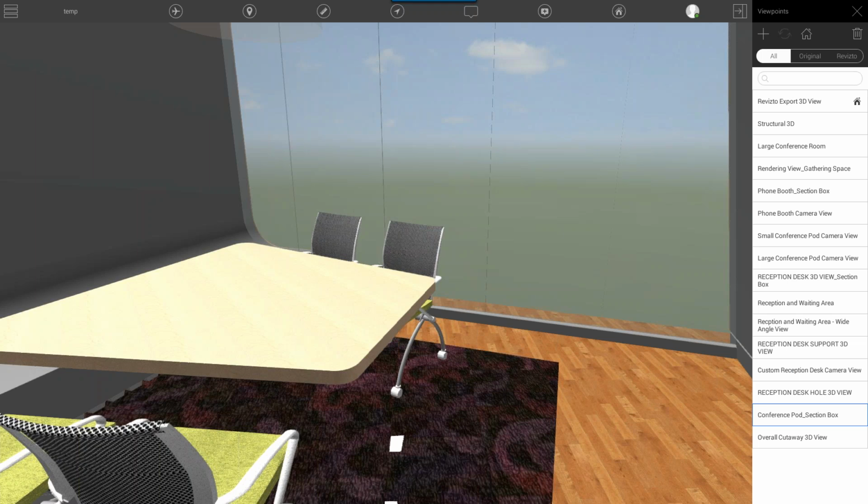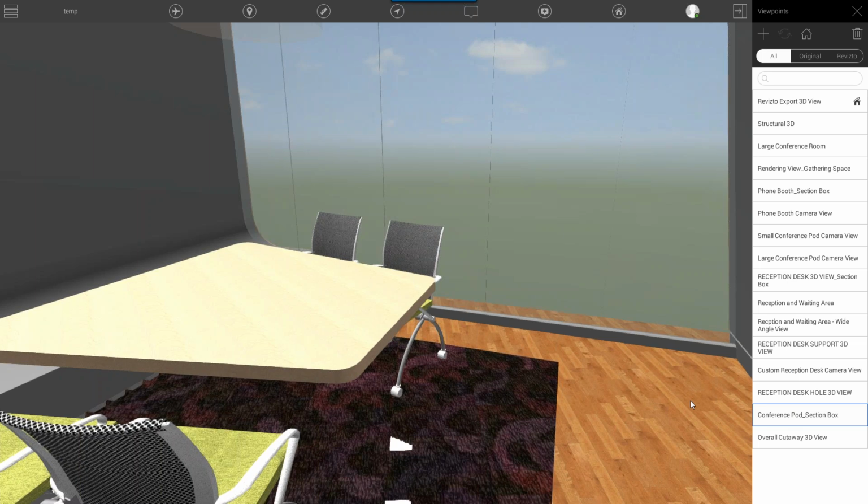So if this view that I clicked on here, conference pod underscore section box, actually was set to have a different option for the carpet, I would still see the option that was defined in the view that I exported from. So we have a couple of cool little conference rooms like this, and you can see how this would be really compelling to a client to see this.